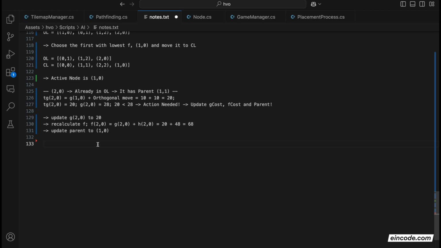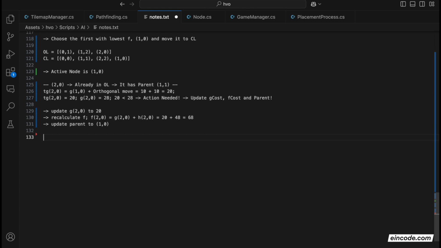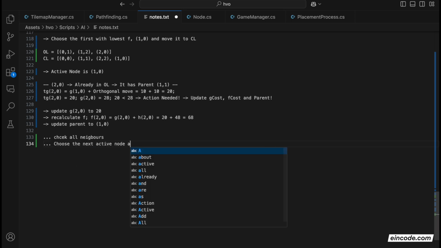Okay, so I'll just finish it up very quickly. What would you do next here? From this point on, you will check all the neighbors, as we always do. You don't necessarily need to update, just check all neighbors. Then, if you checked everything, choose the next active node and move it to the closed list, and do this until